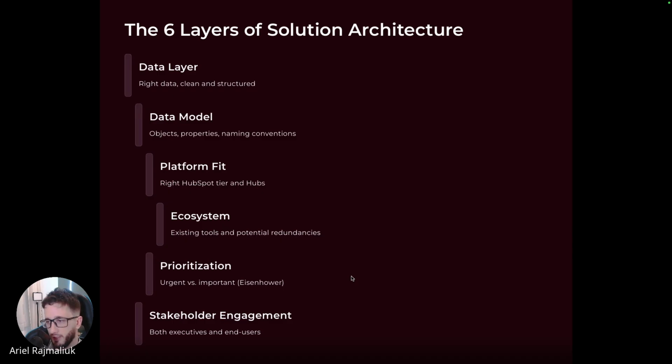Then platform fit. Very common to find accounts that have enterprise hubs that they shouldn't, right? So we all love HubSpot, and we want to sell it as partners as well. But we need to be smart for the client in what hubs they really need. I will give you one example that makes this very clear. There is something called HubSpot CRM UI extensions. It's great. I mean, you can customize tools on the user side, so you can make custom CPQs, custom quote generators. You can do a lot of things.